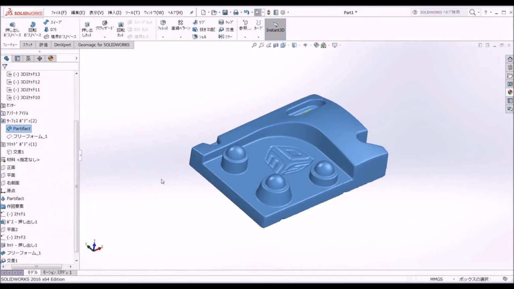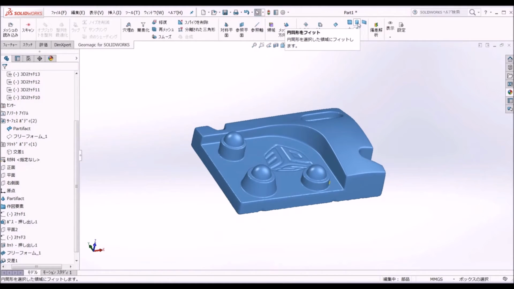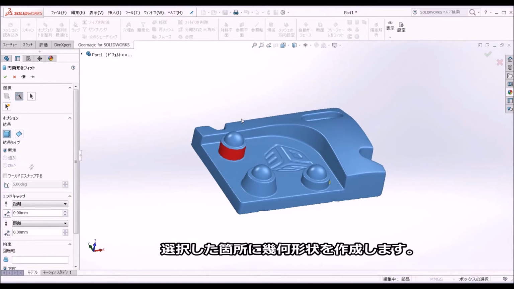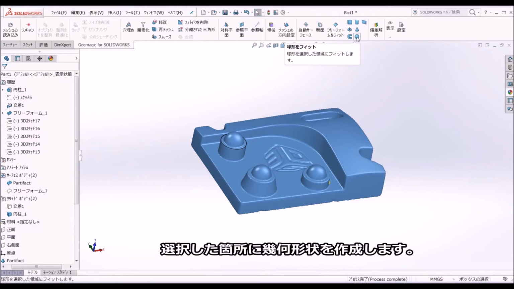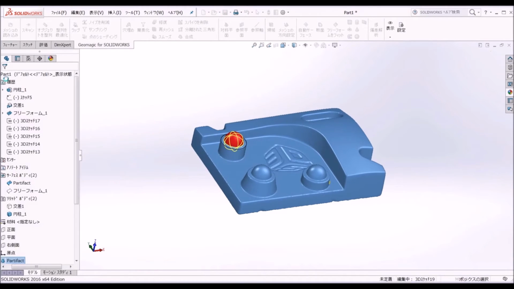we can scan directly. I'm not currently connected to a scanner, but if you have been paying attention to our website, you see that we've added a whole slew of videos regarding Geomagic for SOLIDWORKS that shows exactly just this. So there's actually 5 or 6 good videos on our website now that show scanning. It'll show going from points to meshes. It actually shows